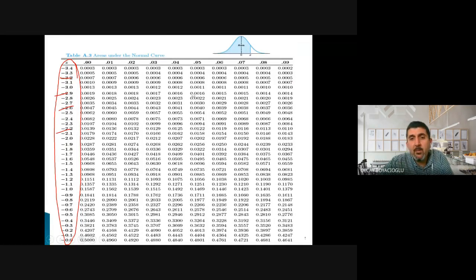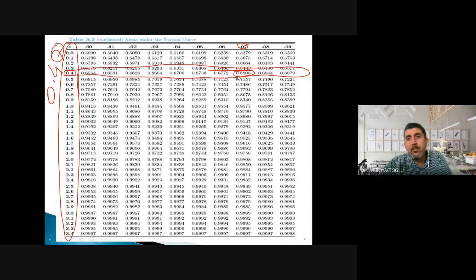And this number is the relative frequency of what? Whatever the z value, it tells you the area under the curve to the left of this z value. Well, how do I understand that? Because this part is shaded. If you notice, this is blue, this is white. So all these numbers in this table are showing us the blue area. So that means they are giving us the area under the curve to the left of the z value. So let's go back here. So this is the area under the curve to the left of the z value,